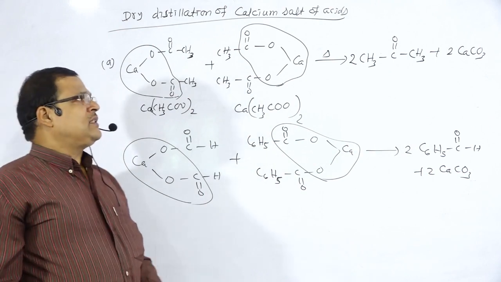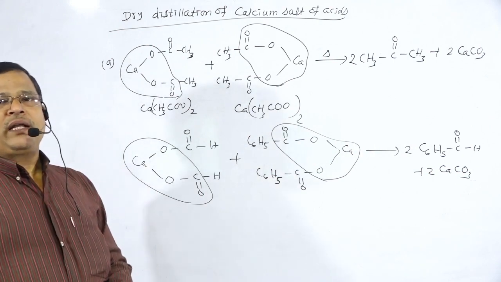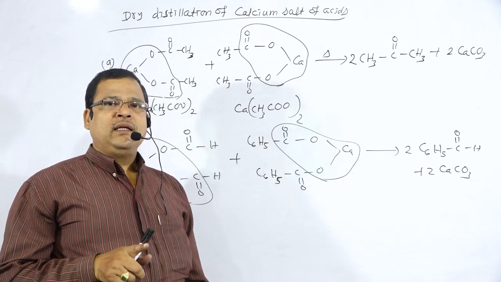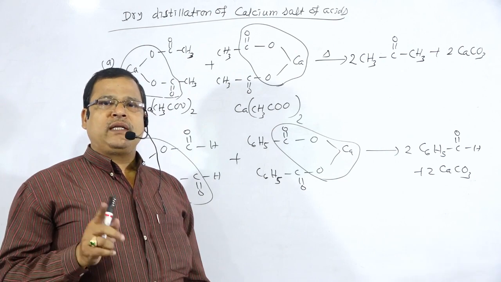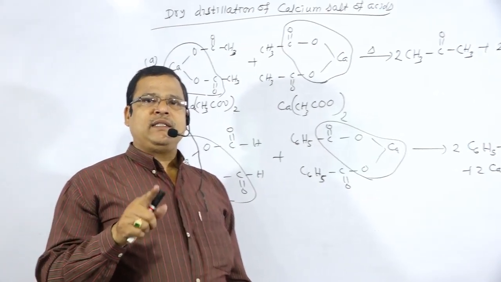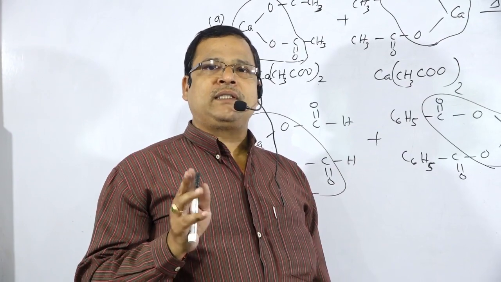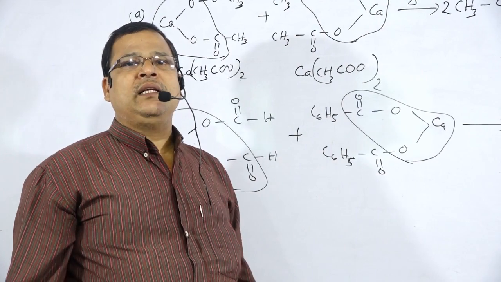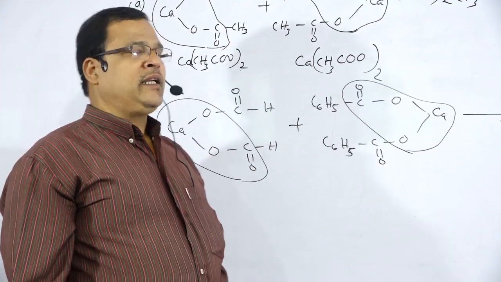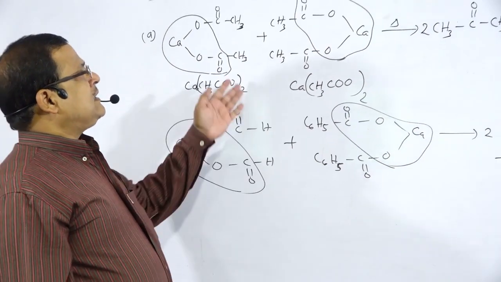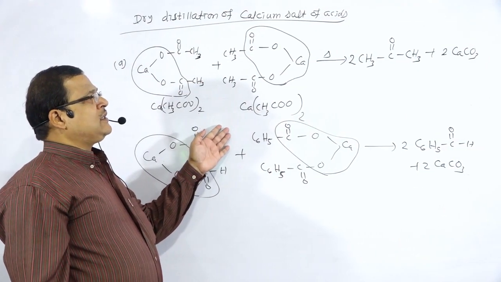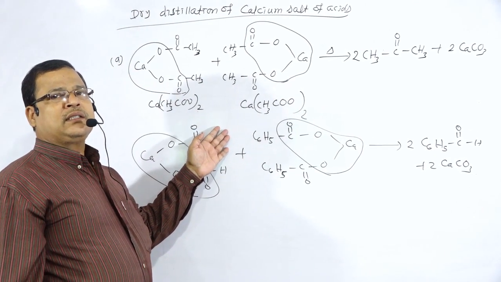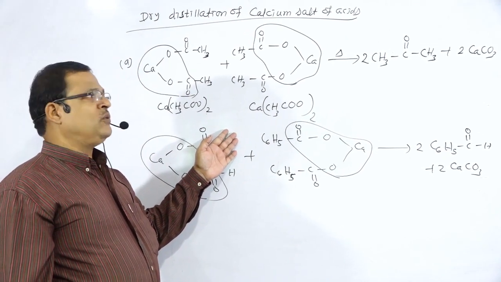These are very important short questions that may carry 1 mark or 2 marks. Calcium formate only heated gives formaldehyde. Calcium acetate only heated gives acetone. But whenever calcium formate is heated with calcium acetate, there is the formation of acetaldehyde. Calcium formate heated with calcium benzoate gives benzaldehyde. So these are the heating effects we have explained, that is the dry distillation of calcium salt of acids, a reaction due to the COOH part as a whole.